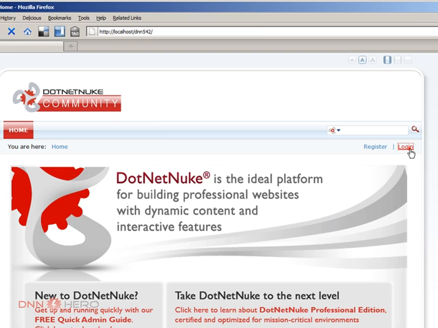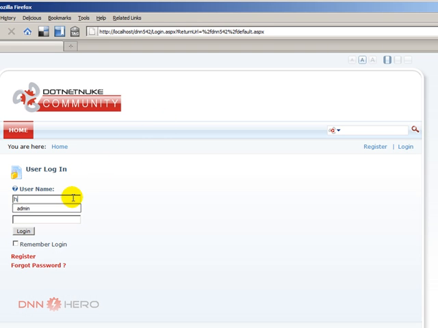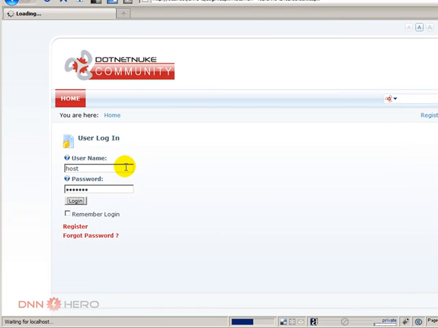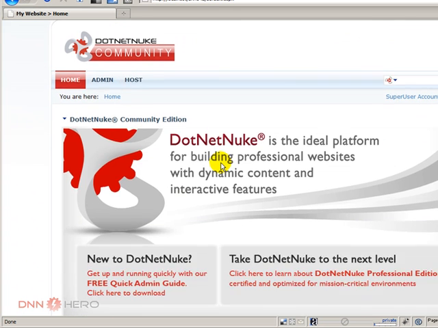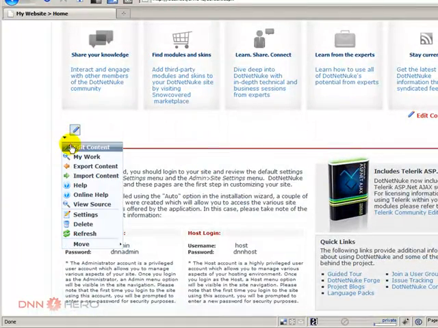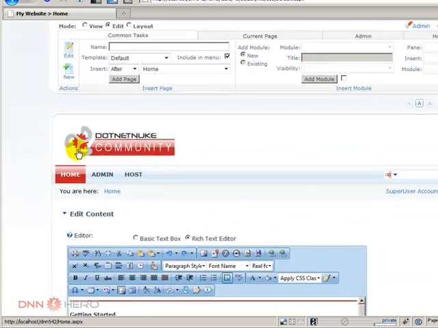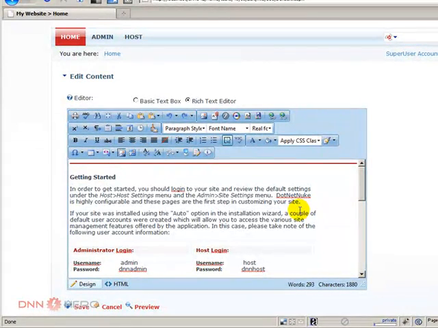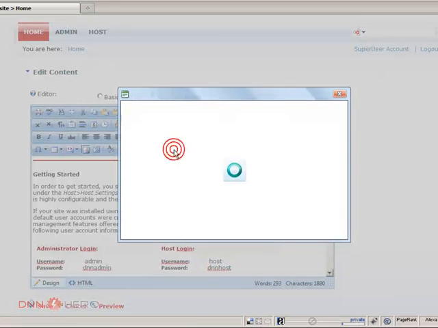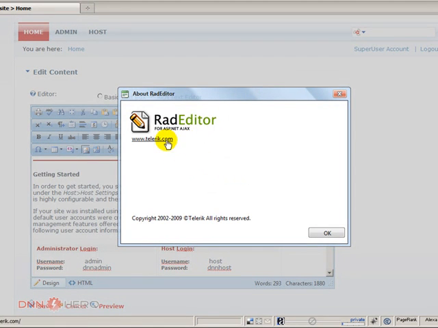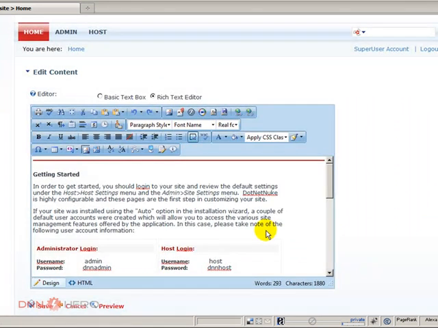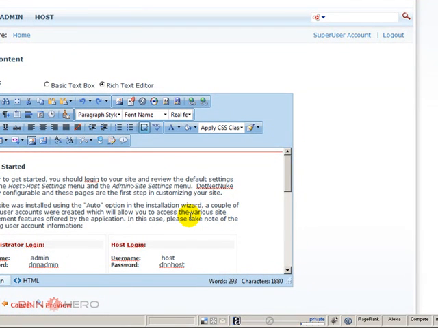So let's log into the site so we can see what the editor looks like now. Again, this is a standard installation. If we go to the home page, let's just edit this content area. And this is the Telerik RAD editor. You can check that just by coming to this icon, and you'll see that this is the RAD editor from Telerik. Now, very easily you can switch that back to the FCK editor, which used to be the default editor prior to DNN